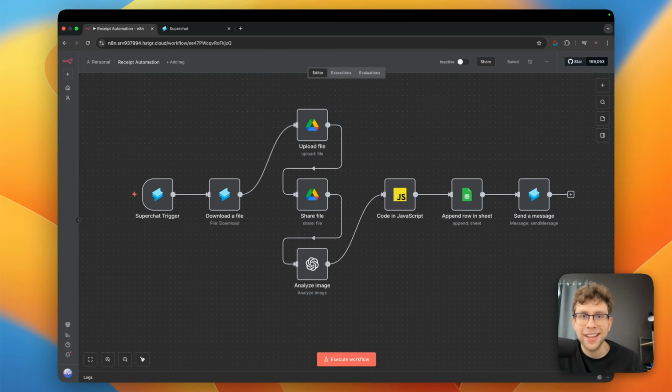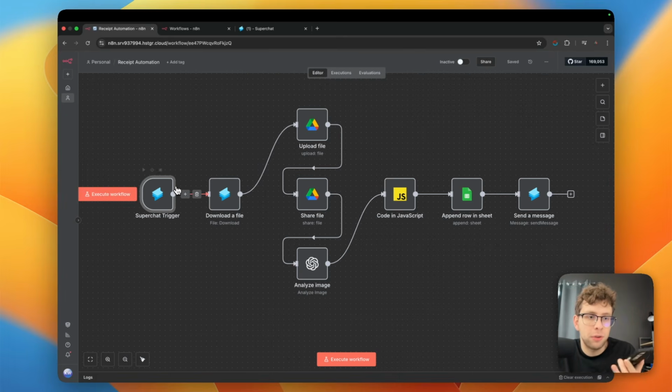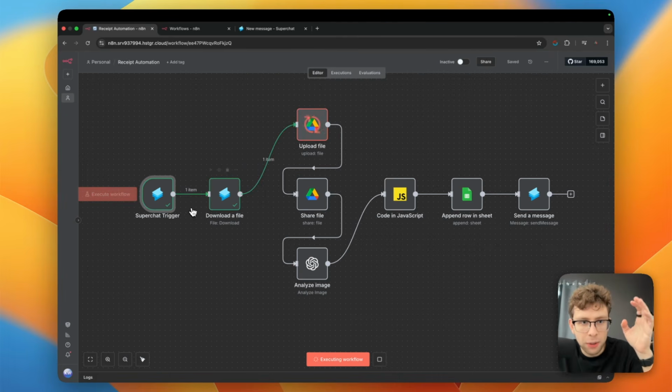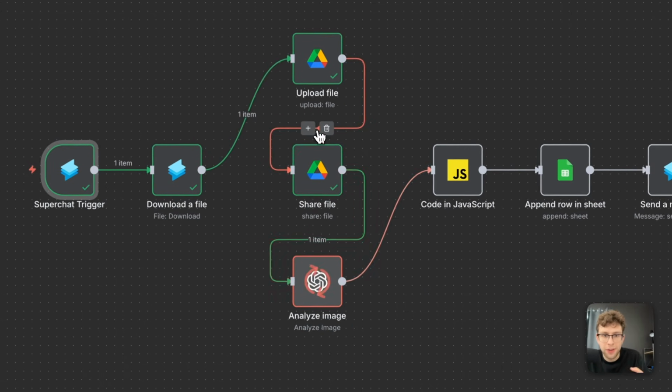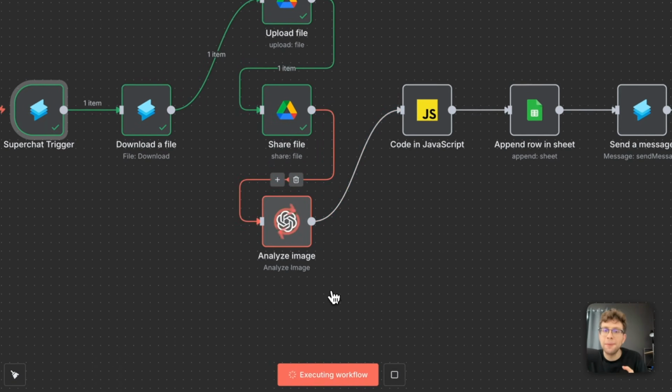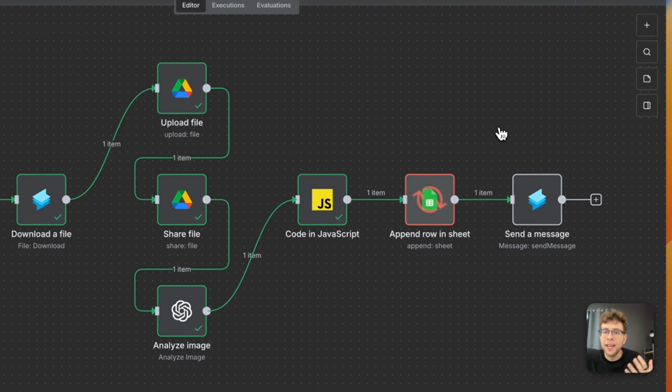I just used n8n to create automation that tracks everything I buy, from invoice to receipt and everything, by using AI. The first thing I do, I upload a receipt via Telegram, WhatsApp or any other application, and Superchat allows me to do this. Then the workflow gets executed, we download a file, we upload it to Google Drive, we analyze the image with AI, we use a code block basically to clean the data, and at the end we save